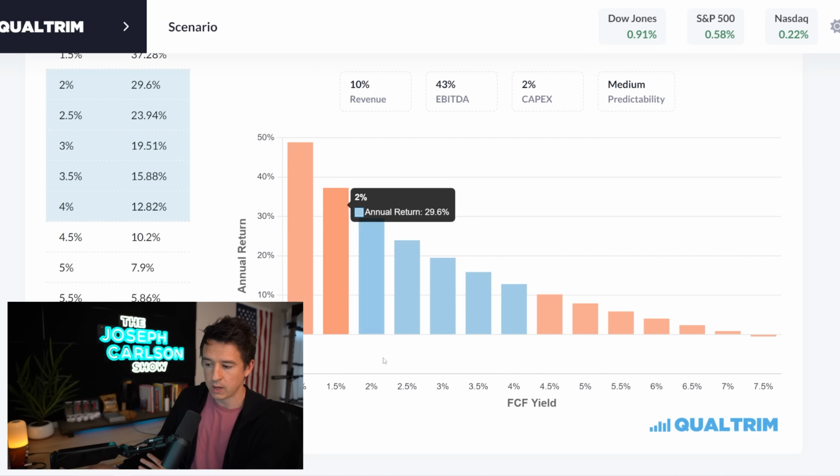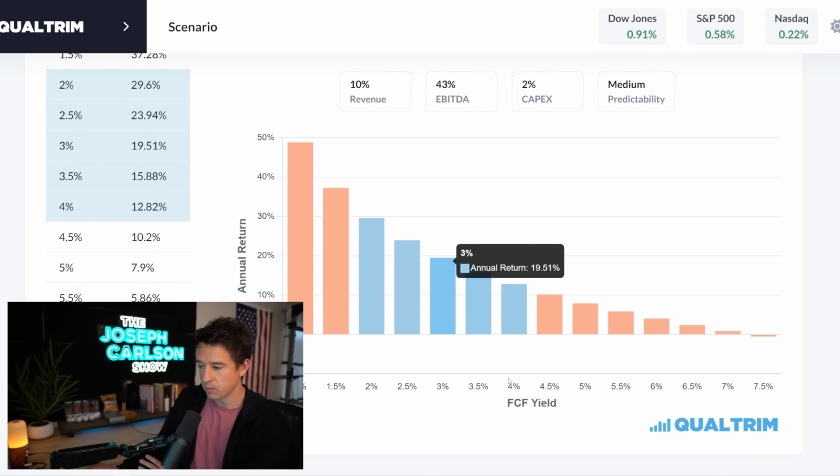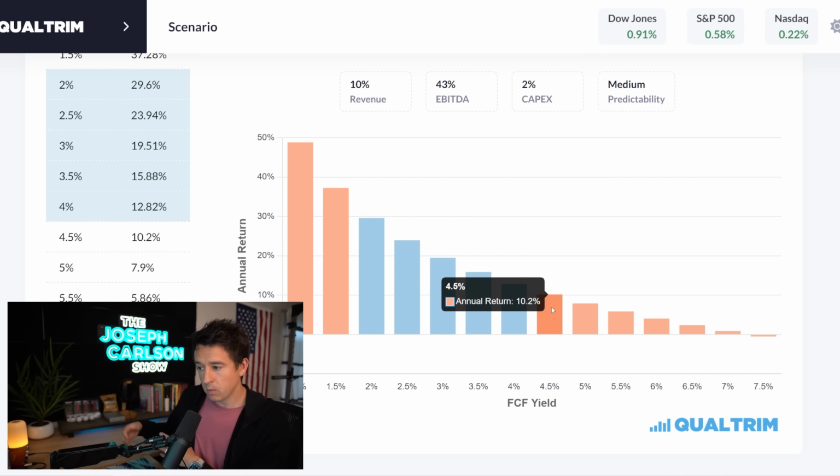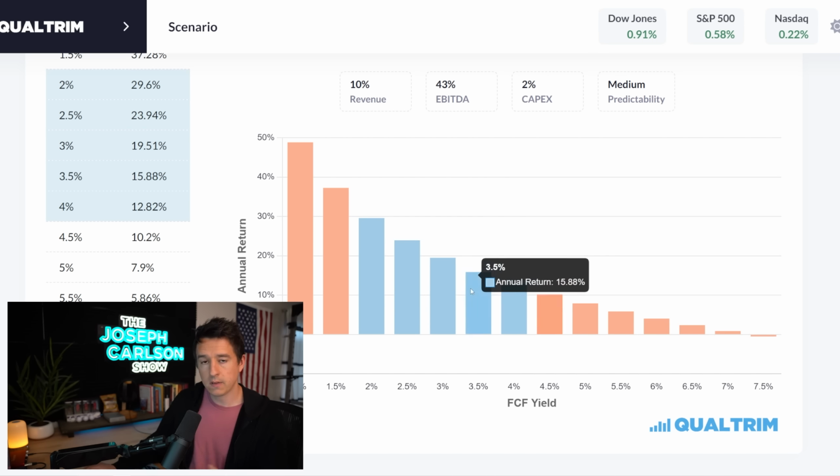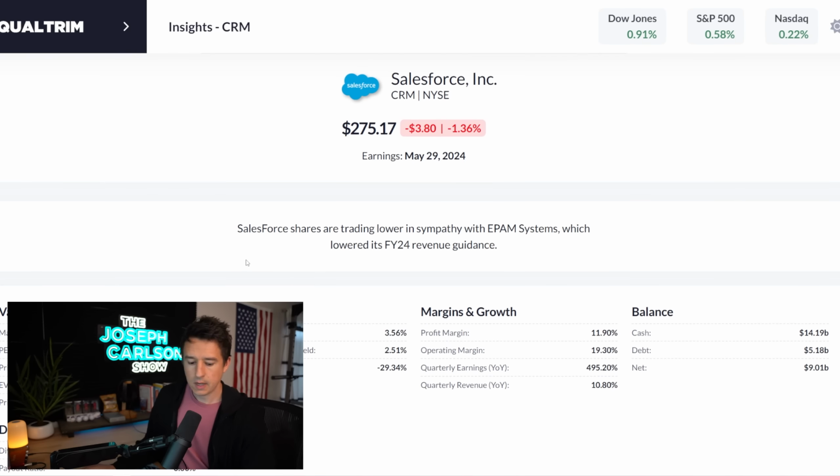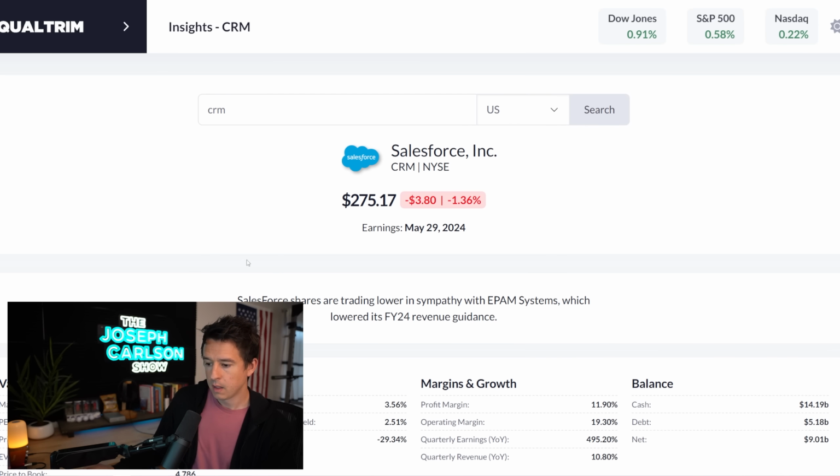It's not going to get priced at a 1 to 2%. I think it'll be between a 3 and a 5%. So I'm expecting returns of anywhere from like 20% to 10%. But again, that's the range I'm looking for. 10 to 20% returns annualized beats the market. So that's a specific example of all the different things I look for in each stock.